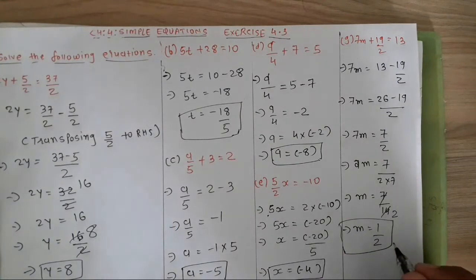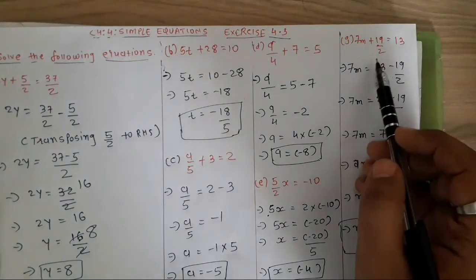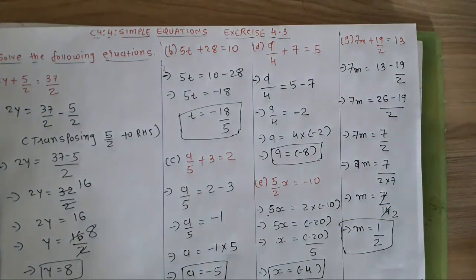If I put 1 by 2 in place of m, then I will get 13 in RHS, and in that if I add 19 by 2, then I will get 13. Now next question,